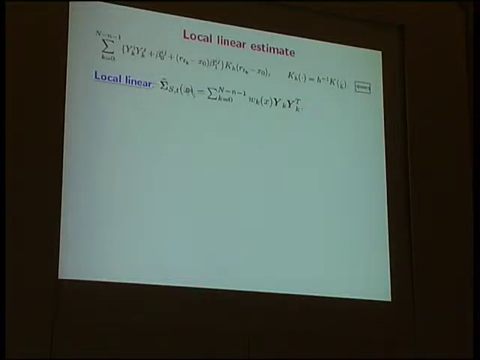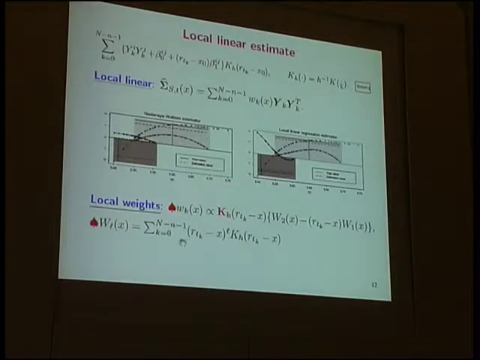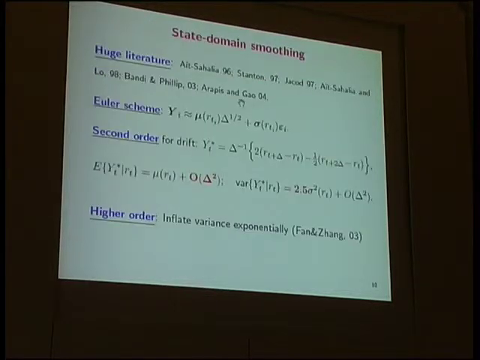So at the end of the day, the local linear estimator, if you really write it out, is a weighted average of your standardized difference process, plus local linear weights, explicitly written down below. But the detailed formula is probably not that important. If we go back to this picture,